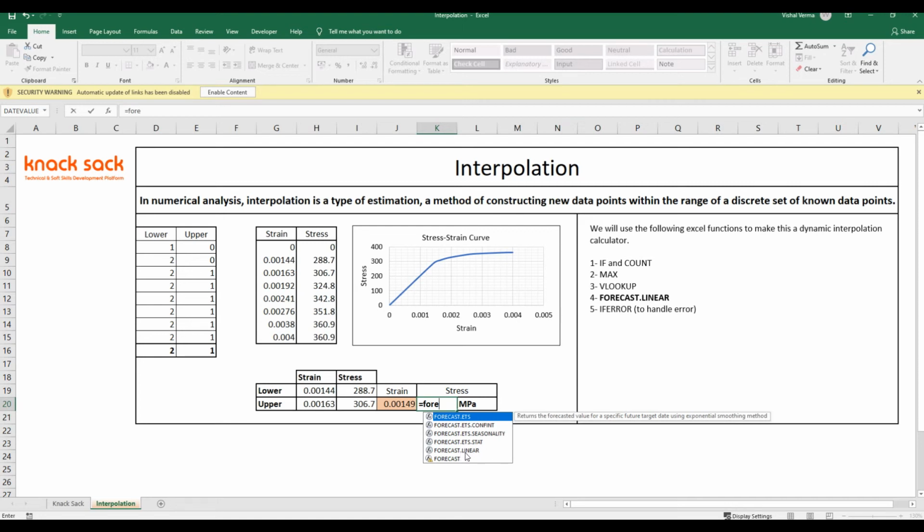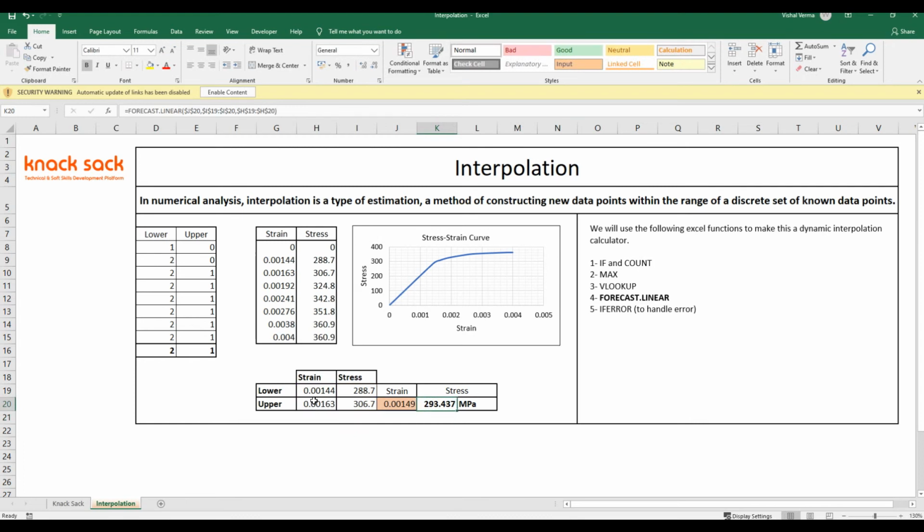So either you double click on this or go to this and press tab. We have x, this is the strain. We'll paste this cell, then comma, known_y's. Known_y's means all the stress values from which we want to get the output. Known_x's, we have these strain values as x. Select the cell, then click OK.